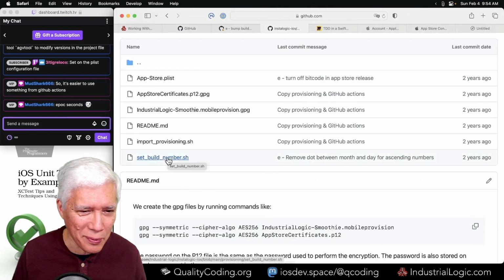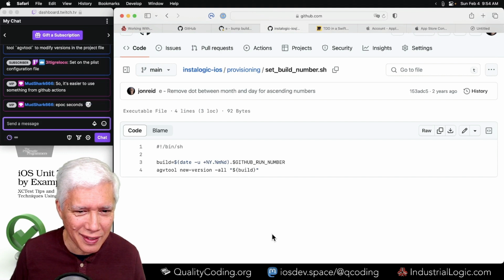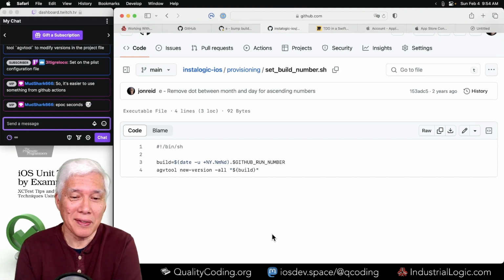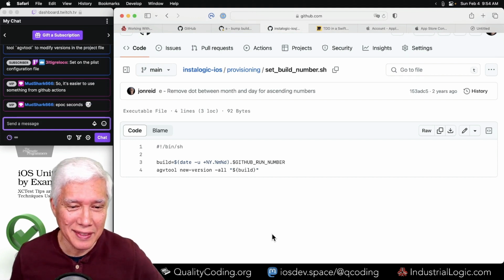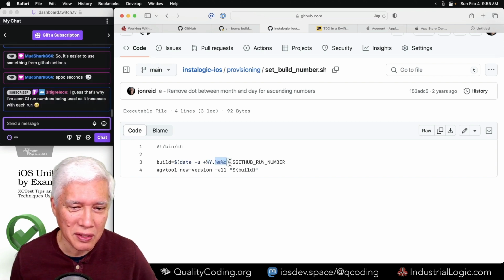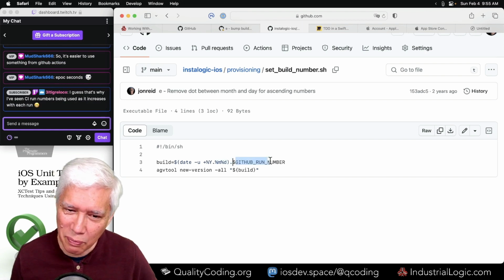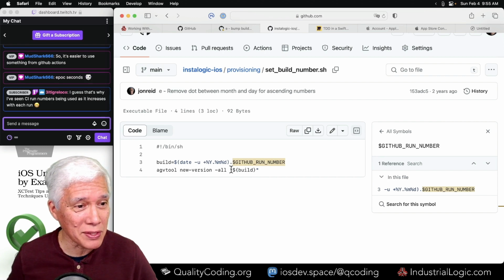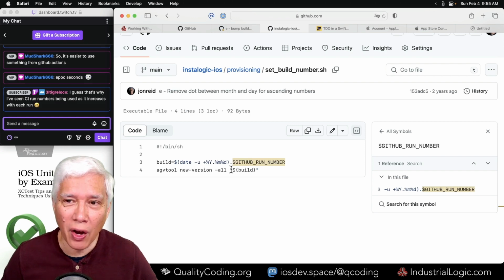Let's take a look at what we got here. Okay, so here's my cheat. It's taking the date and taking the year, dot, month, date, dot, GitHub run number. That must be, so not seconds. It could be seconds. Yeah. But I also want it to be,